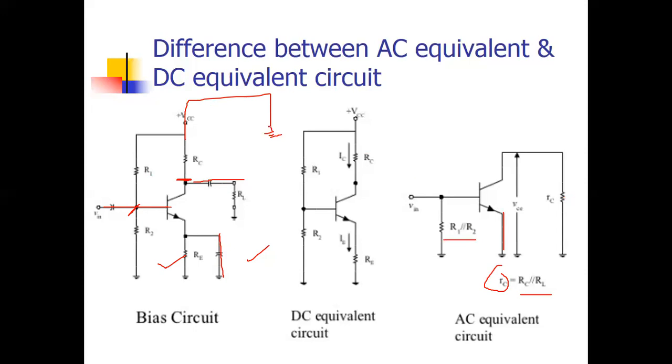Again listen carefully. For AC analysis, the capacitors will be short circuit, the AC supply will be connected here, and DC will be grounded. So at the base, the resistance is R1 parallel R2, and at the collector, RC parallel RL, and at the emitter, there is no resistance because due to the short effect, it is grounded. Okay. So this is the difference between the AC equivalent circuit and the DC. But remember the concept: for the DC equivalent circuit, what is the motive? To find out the Q point. And for the AC equivalent circuit, what is the motive? To calculate the maximum swing. Okay.